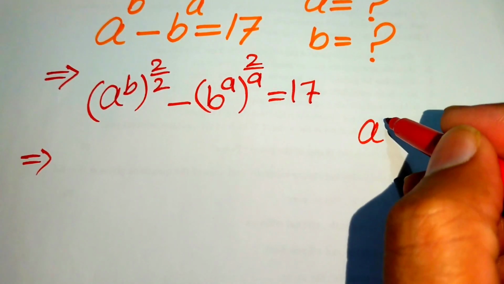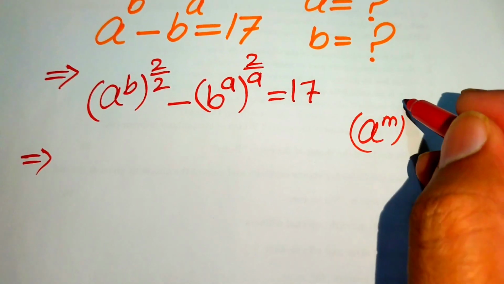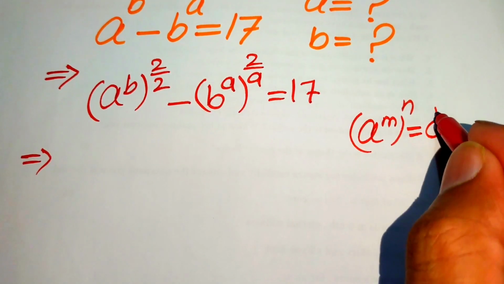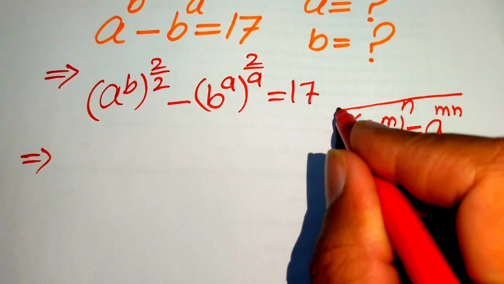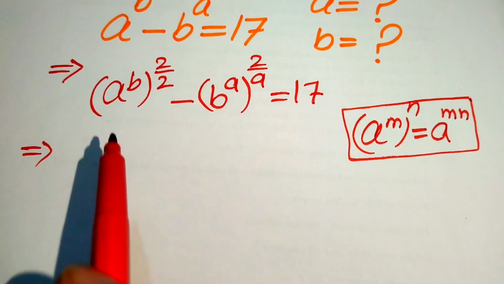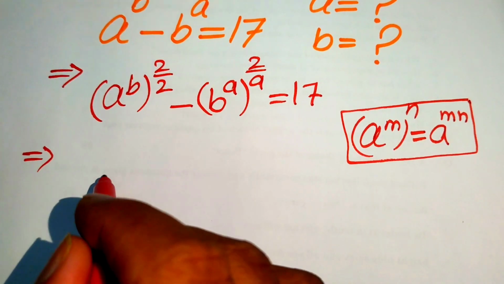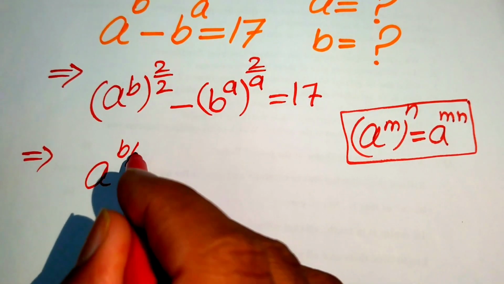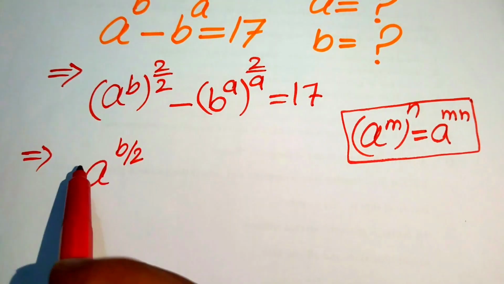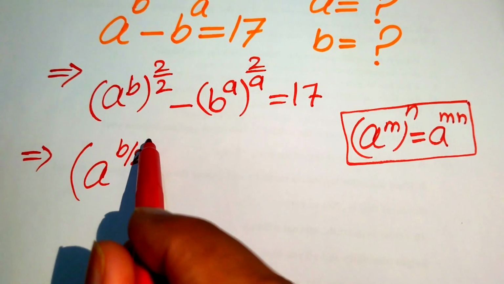this law. If we have a to the power of m to the power of n, it will be written as a to the power of m times n. So now we use this nice exponential law on both of these terms, and these terms are written as a to the power of b over 2. Here we multiply this 1 over 2 to this exponent, and it becomes b over 2, and it is